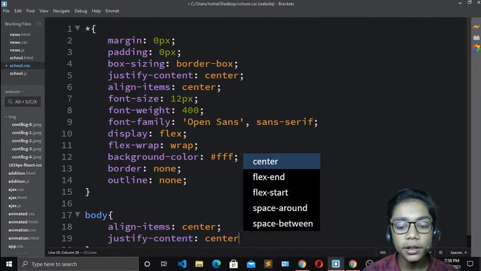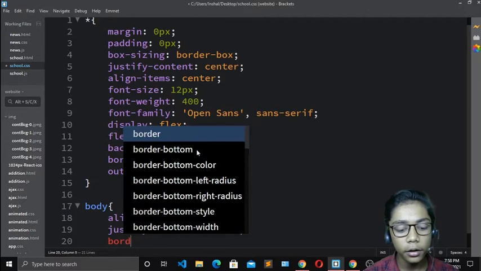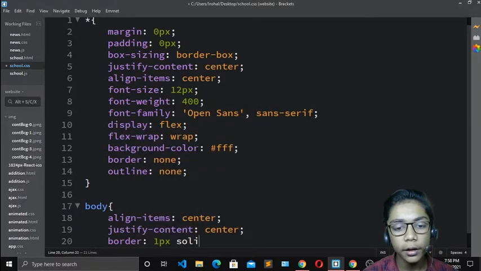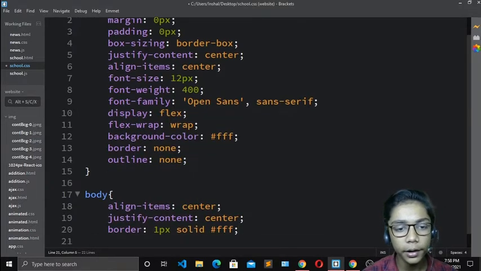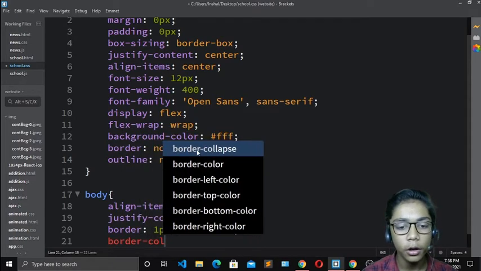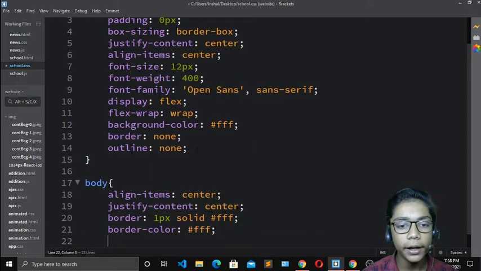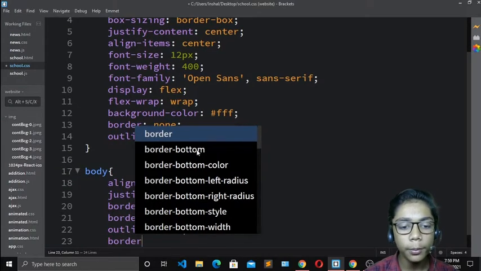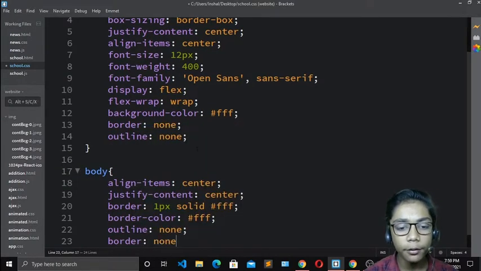Then when you've done that, you have to come and write over here border, which should be 1 pixel solid, and it should be white. So we have done till over here, right? Border 1 pixel solid, which should be okay. So just come and write border color now, which should be white. So I will take it to white. Come over here and write outline none, because over here I don't need any of the outline. And I will write border none also, because if the border comes, I want the color of white.